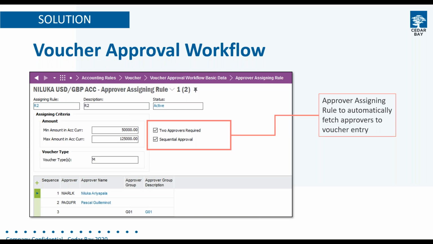And in this setup, you can see a number of parameters we can enter, from monetary limits to the number of approvers, or whether it needs to be in a sequential order. We can also create approval groups, allowing members of that group to then approve the voucher. So there's a lot of flexibility in how you want to set this up with regards to your organization. We can choose to set this up as a multiple assigning rule, and if required, we can change this based on